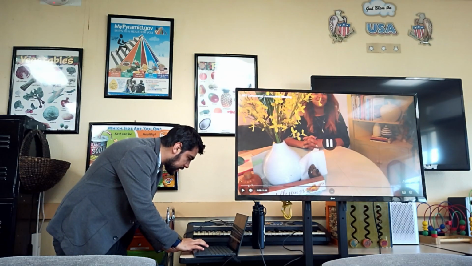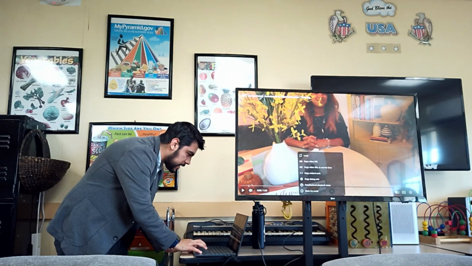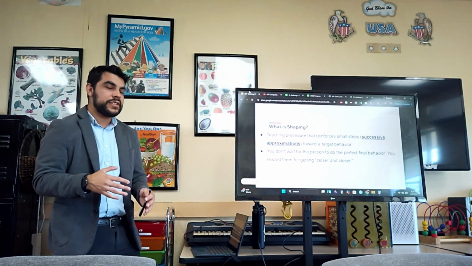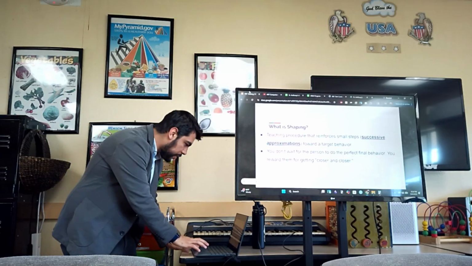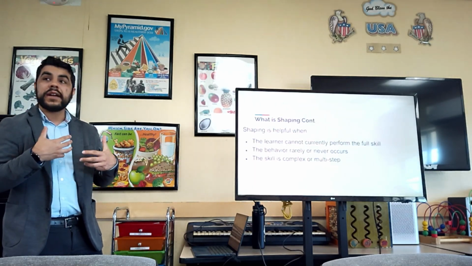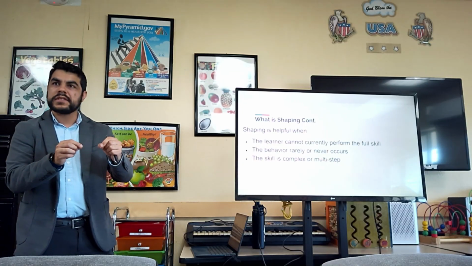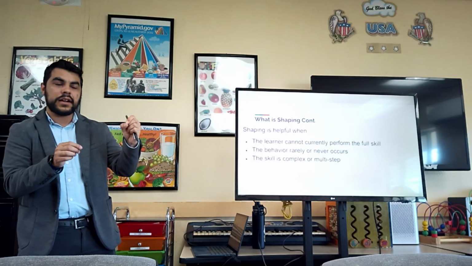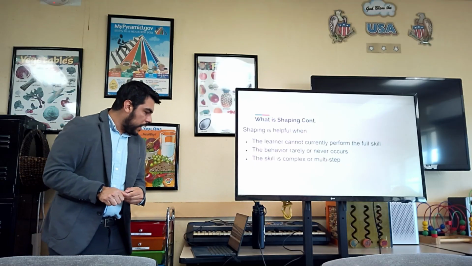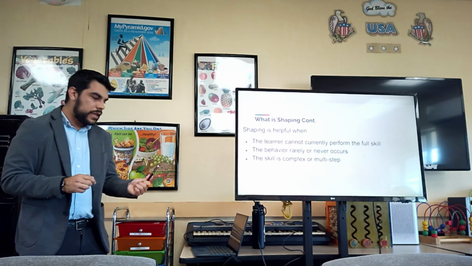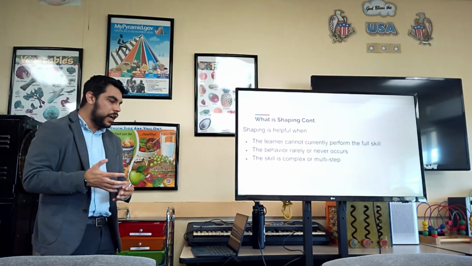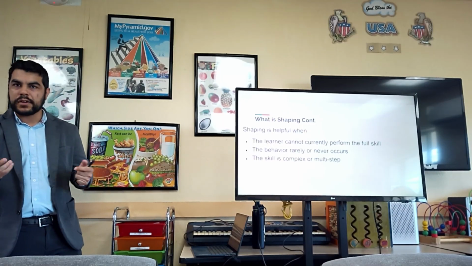Great, that was a good common example. So in this case, the learner was learning how to say the word ball, but we didn't start off with saying the entire word. Maybe she may have had some difficulty pronouncing it. So we instead just reinforced instances where the response got closer and closer to the target, in this case, ball. And like chaining, shaping is useful when a skill has a lot of steps, it's a little complicated, or the behavior doesn't occur all that much.